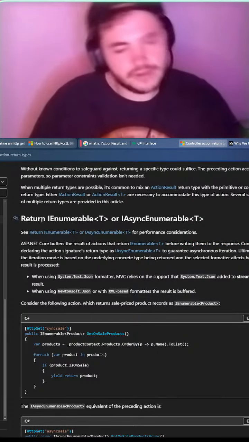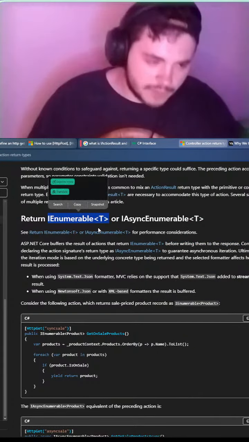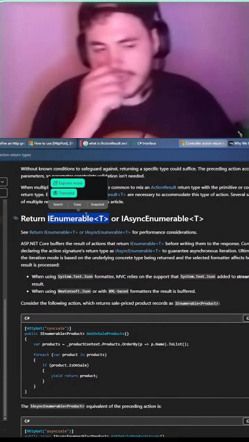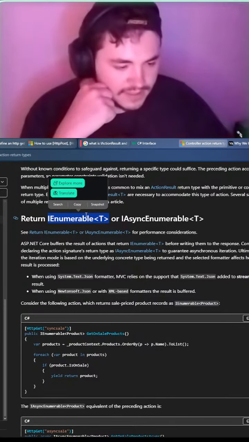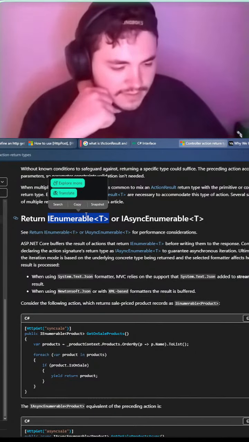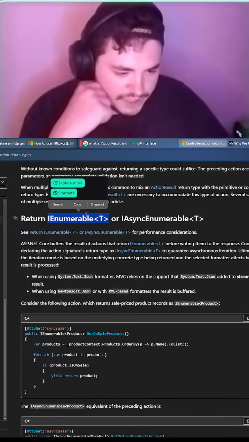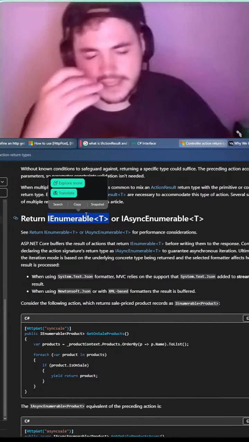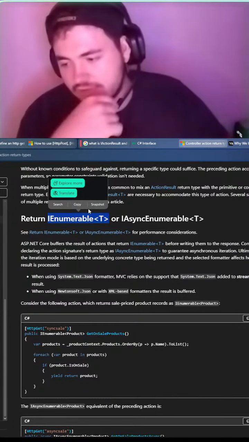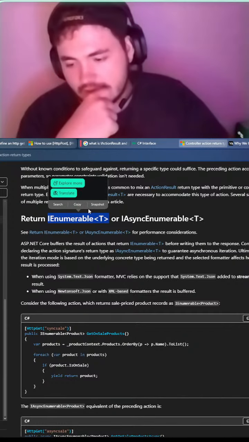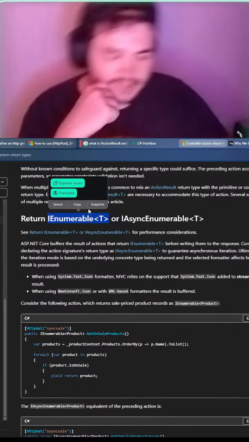Consider... okay, so an IEnumerable is basically like a task or a list of lists. Consider the following action. So it's basically a response that you can iterate through into the front end. That is interesting.